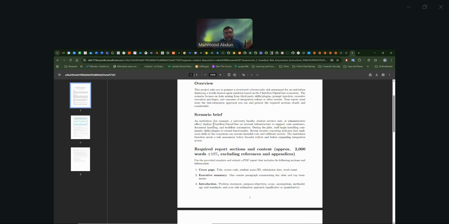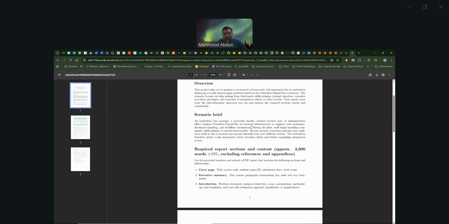And then, for whatever reason, you have to justify why they have used it. They have installed Claude Bot or OpenClaw. If you're in AI, you know this was a crazy thing still going on. There are many security risks already identified, and many that are sort of under the rug. But we want to know from you how you evaluate it quantitatively and qualitatively based on a scenario. Can we create a dummy organization? Yes, of course. It doesn't need to be a real thing. It just needs to reflect the practical aspects of that business.